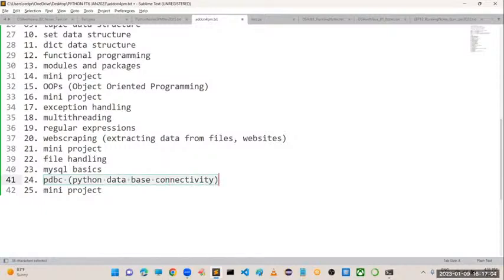So we are going to see how we deal with files, and we are also going to discuss database connectivity. With this, we will see a small project. So this is 25 chapters in detail that we are going to discuss in our Python course. Of course, it is 20 chapters only, with projects after completion of every chapter.